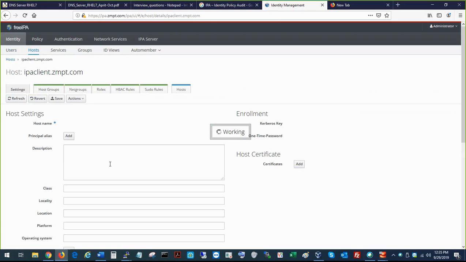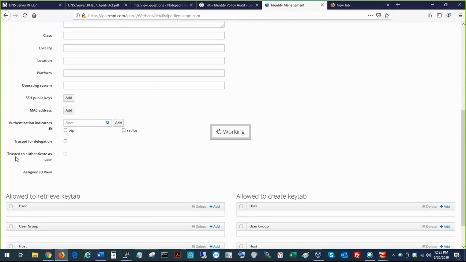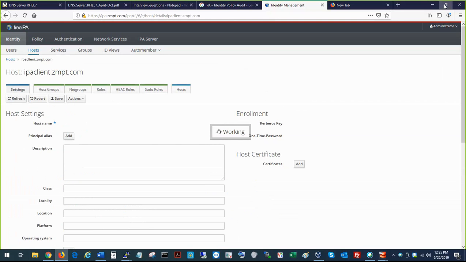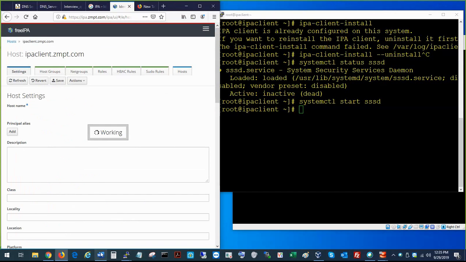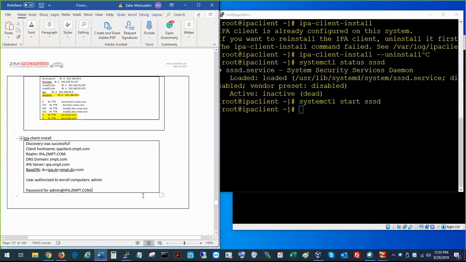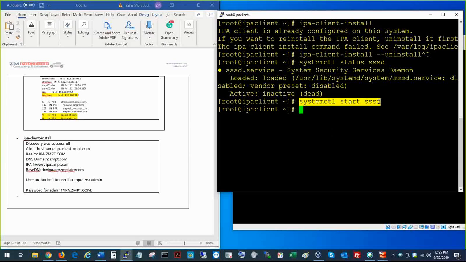Do you see this here? ipaclient.gmpt.com, and actually the server is working. Very good. So all the steps we have followed so far are actually working. So what you have to do is you have to